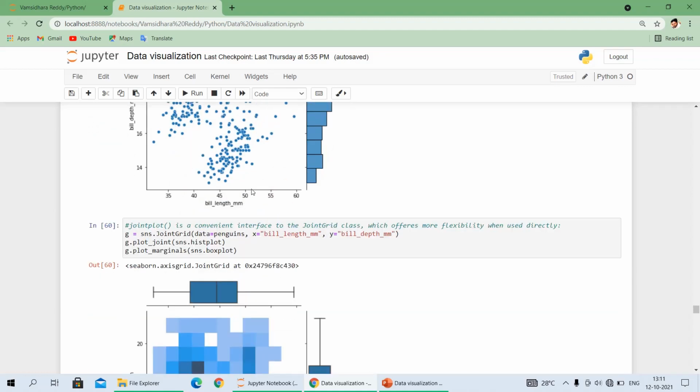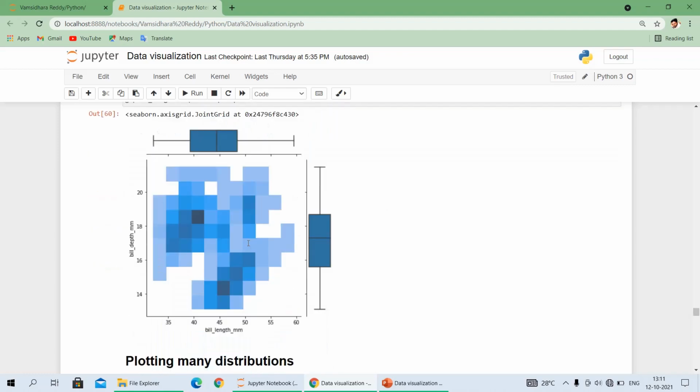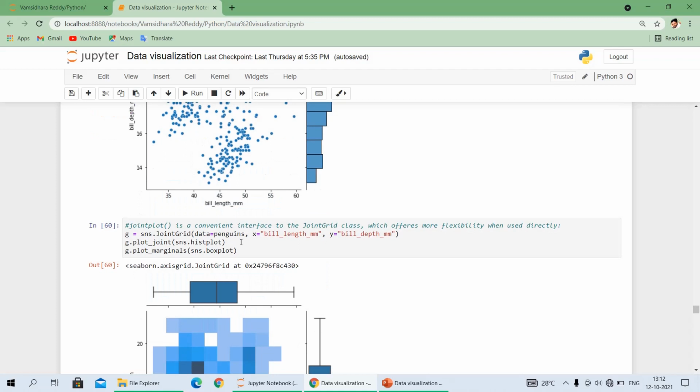Joint grid is also one type of plot. It is a convenient interface of the joint class, which is often flexible and used directly. It is a flexible graph. We can simply see the flexibility of how the data is plotted. It is dotted, and we can see where the highest